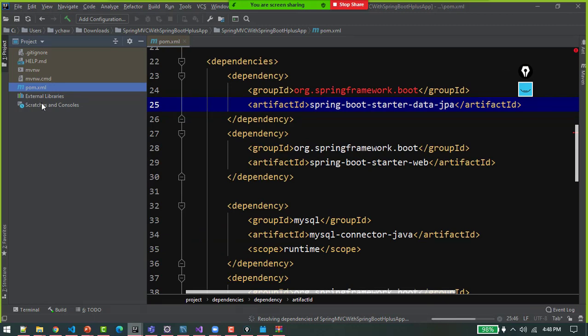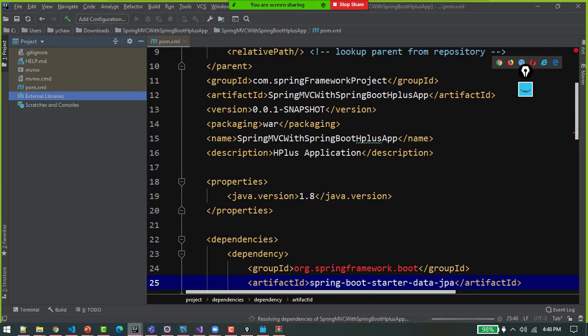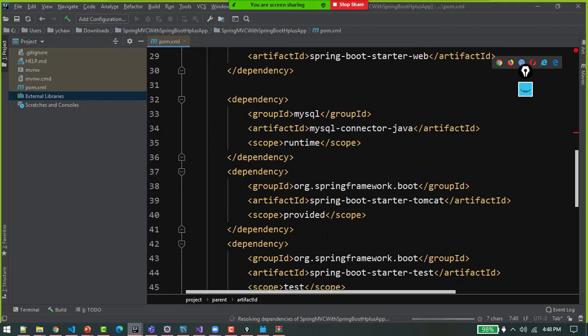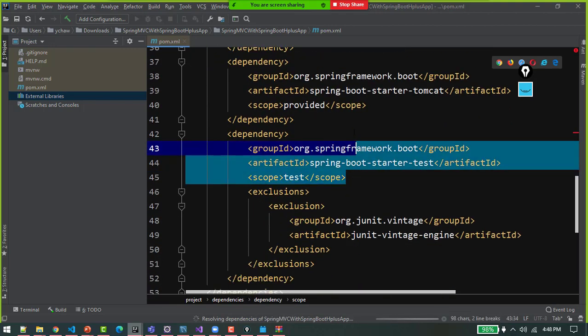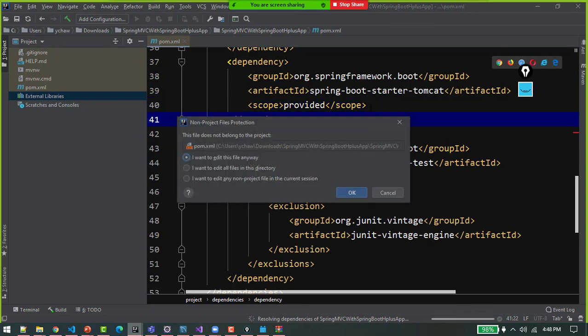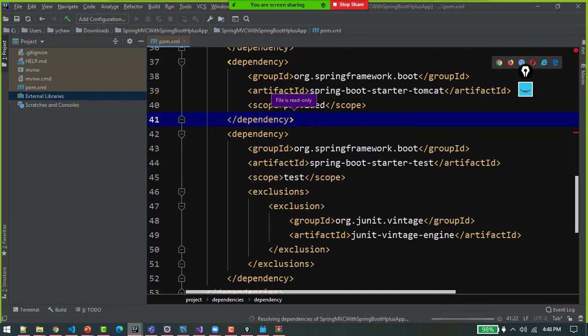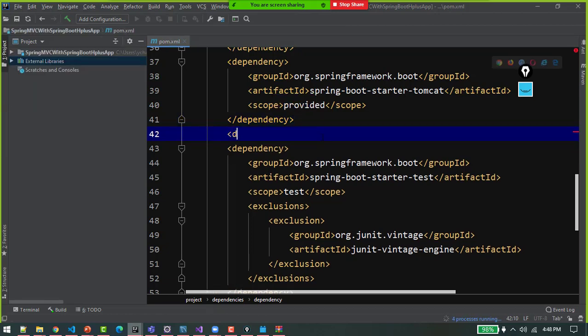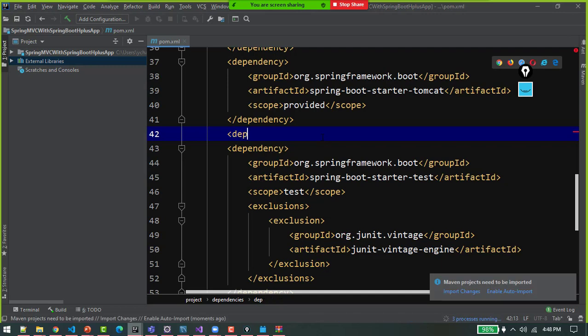Once the project comes into shape, you will see all libraries will come automatically because of this parent, Spring Boot starter parent. Right, as I said, I still need two dependencies. Spring does not support JSTL, but we'll need it because we are using JSTL. Every project uses JSTL as part of JSP, so they have to add it separately. I will also add it separately. Right, so one dependency I can add for JSTL, another dependency I can add for Tomcat.